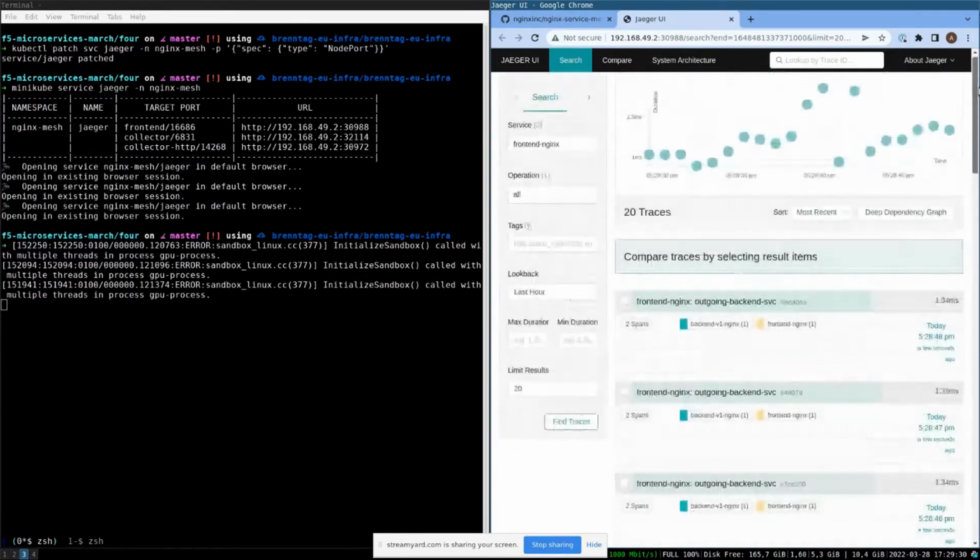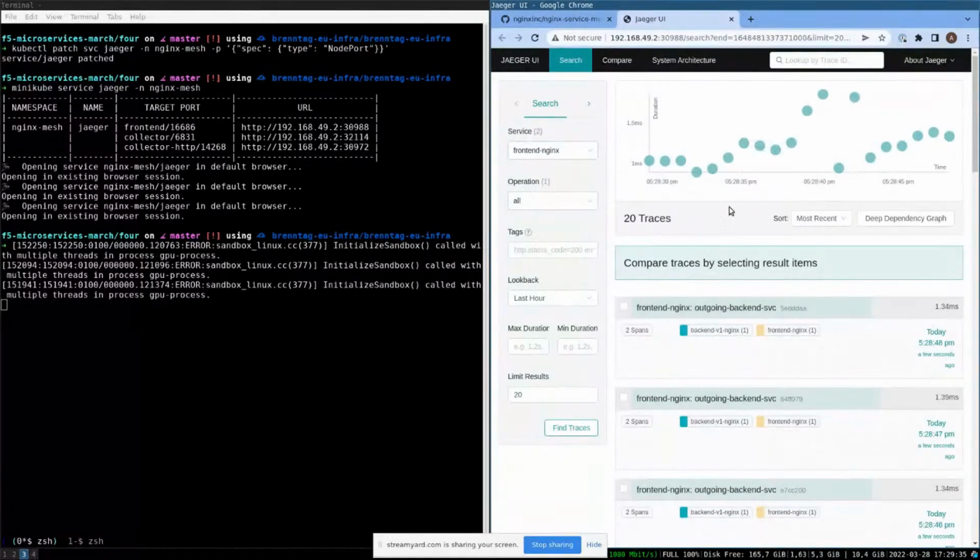In particular, a couple of things are interesting in here. First of all, you can see the involved parties. Here, you can see that frontend NGINX and backend version 1 NGINX have been involved in this request. You can see at what time it happened, in this case, a few seconds ago, and how long it lasted. In this case, 1.34 milliseconds. If you click on it,